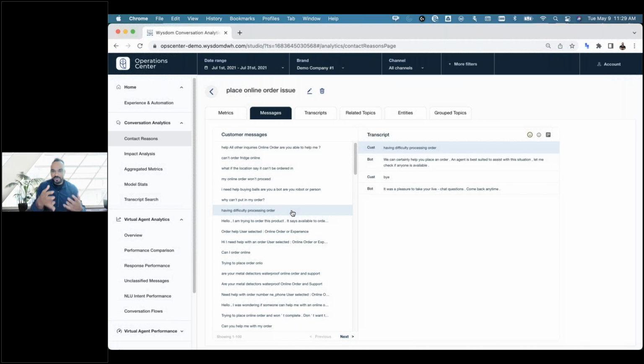So this is an intent we probably want to create. We probably want to add a bit of handling for when a user is having troubleshooting issues, and they're getting inconsistent experiences because the bot's not able to reliably distinguish between placing an order and actually an order issue. So that's another way of using it.